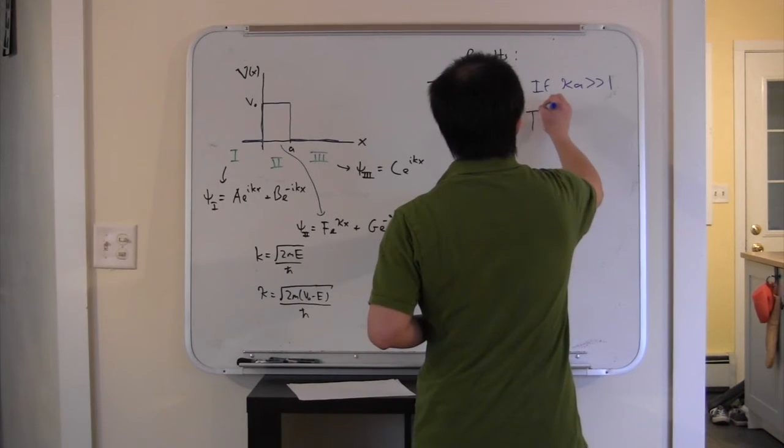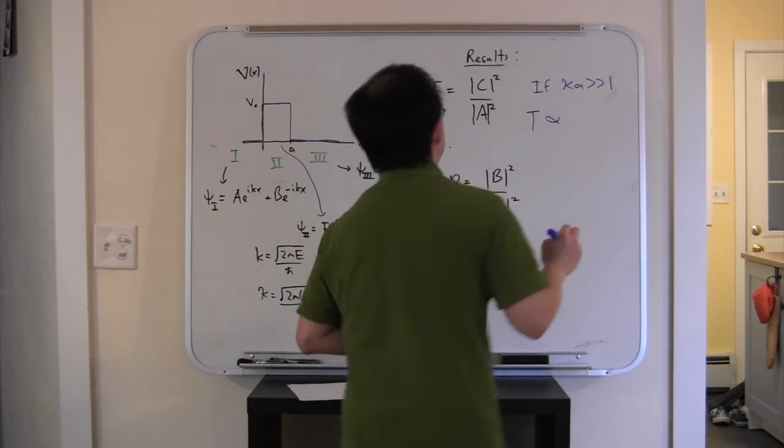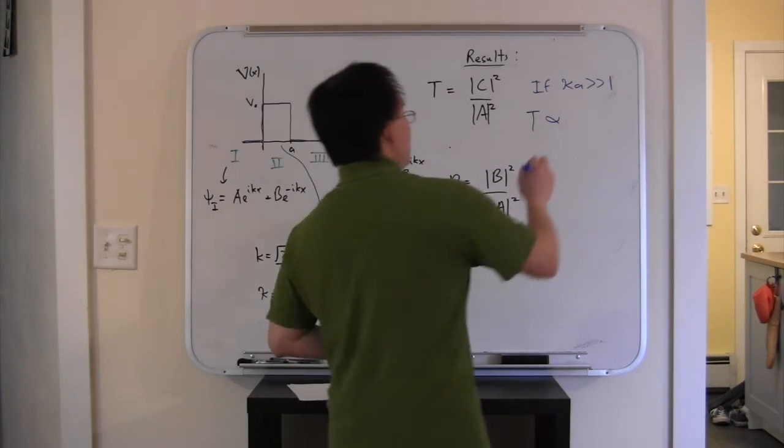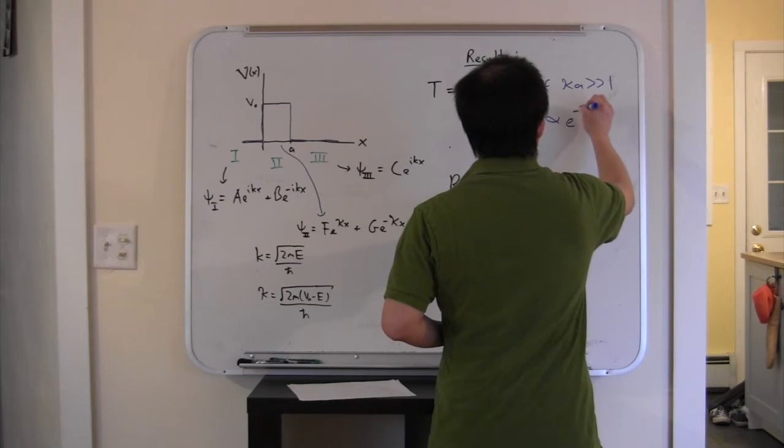We're not even really going to care about the prefactor here, so I'm just going to write this as T is proportional to e to the minus 2